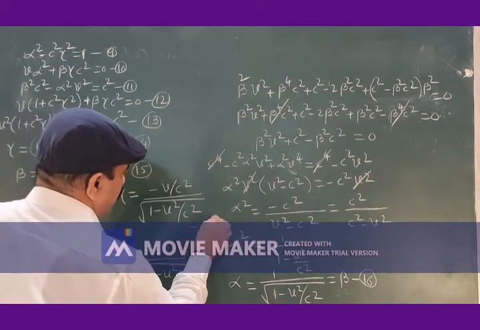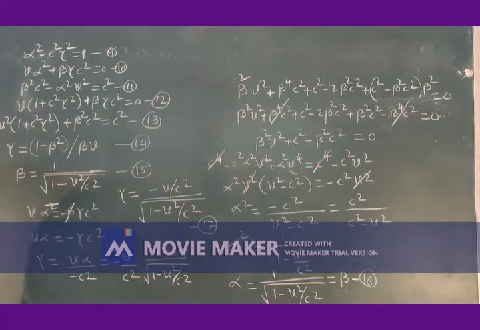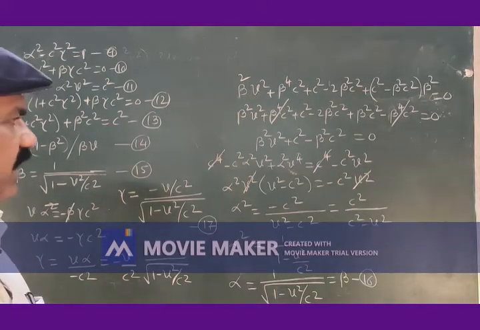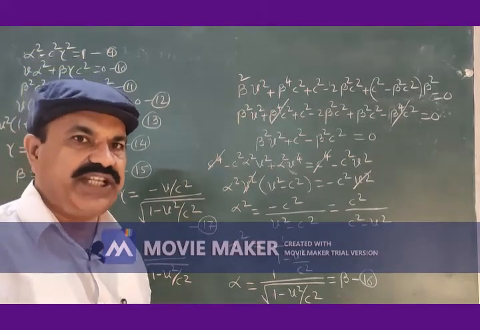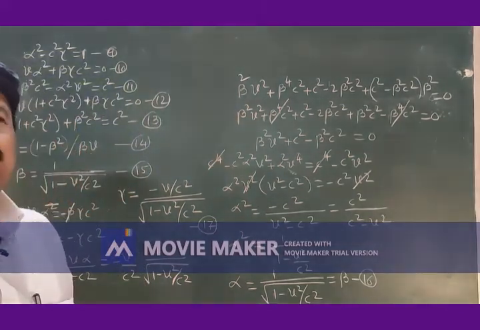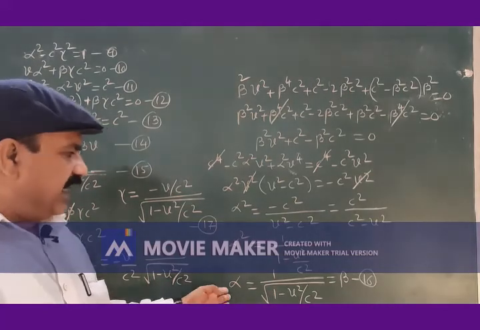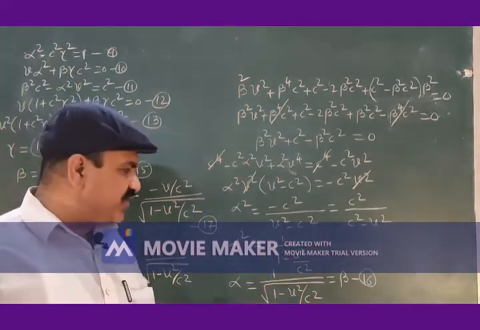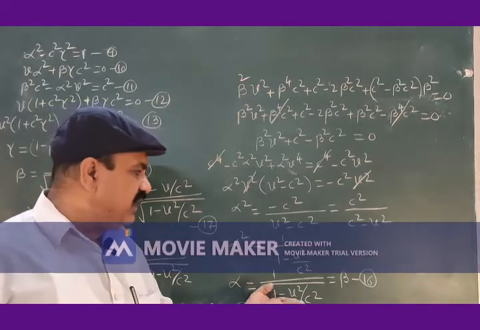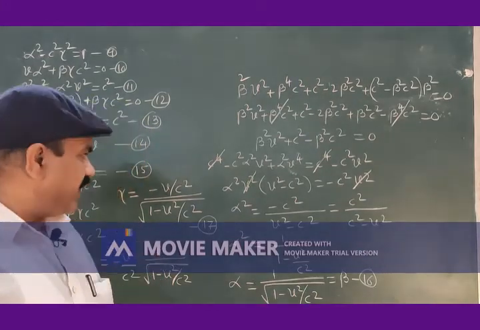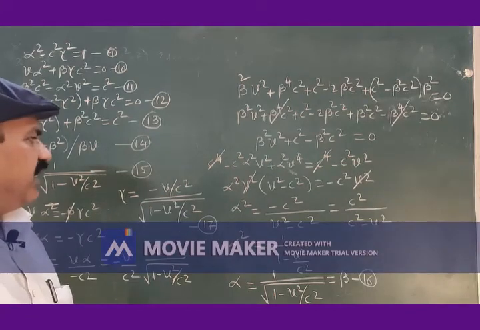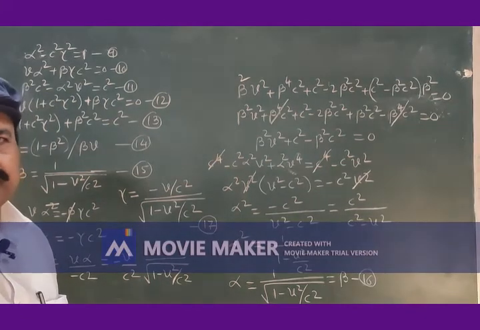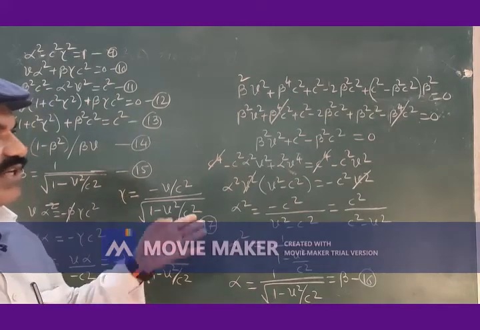Equation number 17. Okay. So this way, considering all these things and solving the equations we obtained, we got the values of alpha, beta and gamma. Alpha and beta have the same value, that is 1 divided by the square root of 1 minus v square by c square. Gamma has the value minus v by c square divided by the square root of 1 minus v square by c square. Using these, we can write